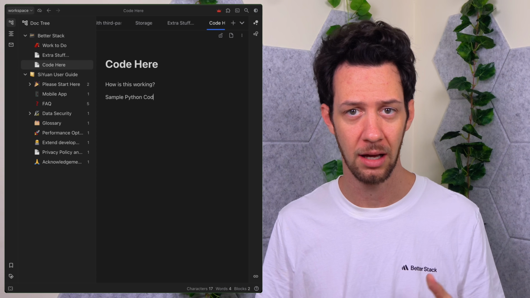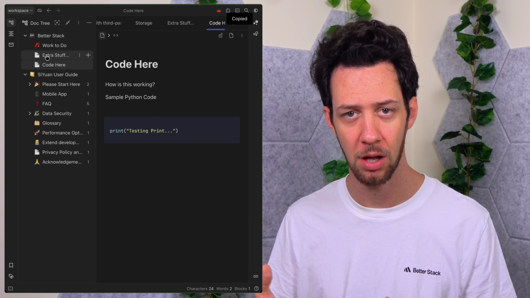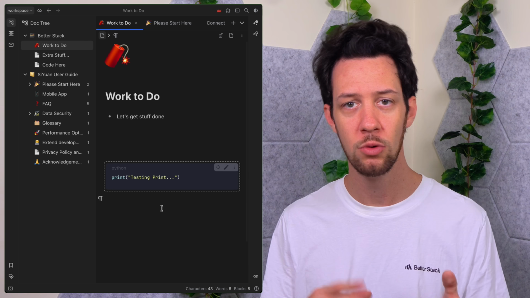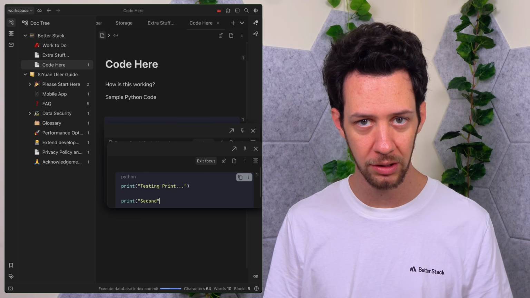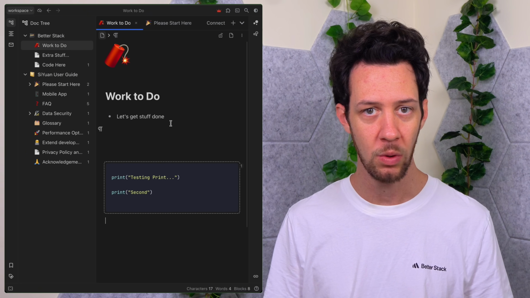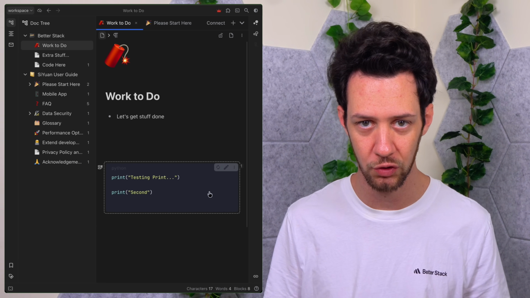And I can now add a code block. Let me drop in some Python. I'm going to embed this block somewhere else too. And here's the key moment. I move the original block, and the reference still works. No broken links, ever. That changes how we think and how we work. We can stop worrying about where something lives and just focus on where it's useful.